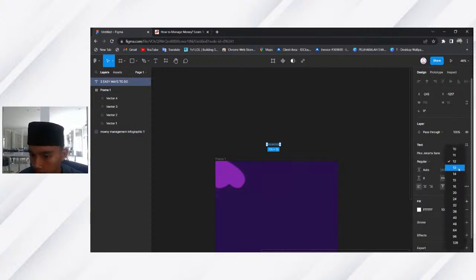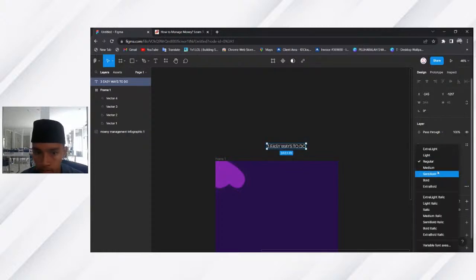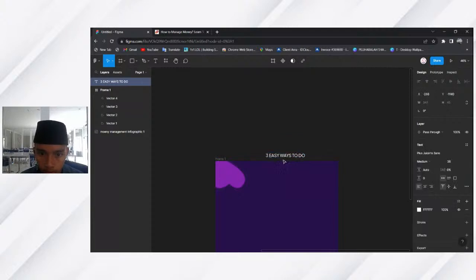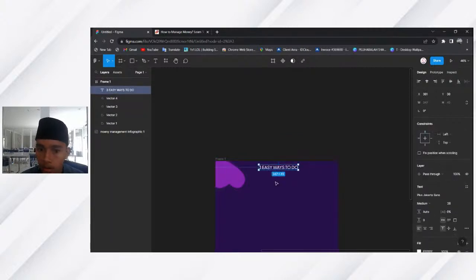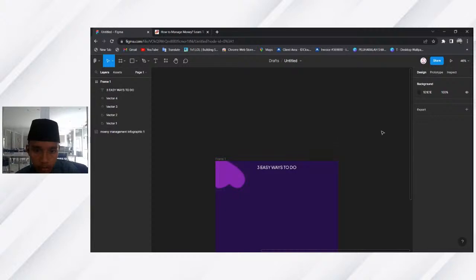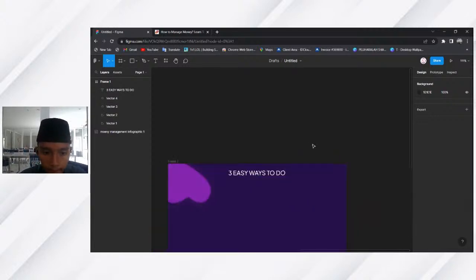And for the size, maybe somewhere from 36. Yes, and change the regular into medium and put it inside here. And to align this to the middle, you can press Alt H.